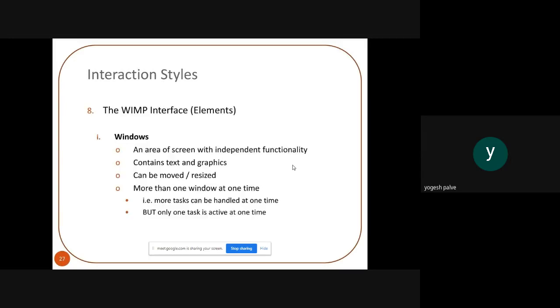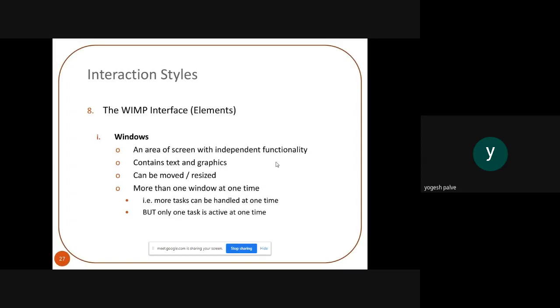Then what are windows here? An area of the screen with independent functionality. It has some independent functionality. Second, it contains text and graphics. As you know, a specific application is very popular where graphics and text are contained very easily.